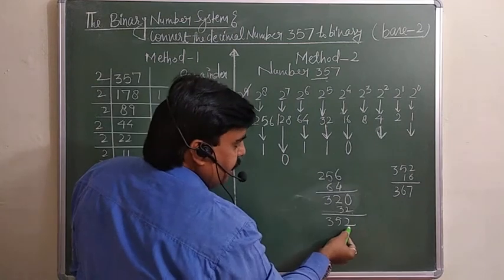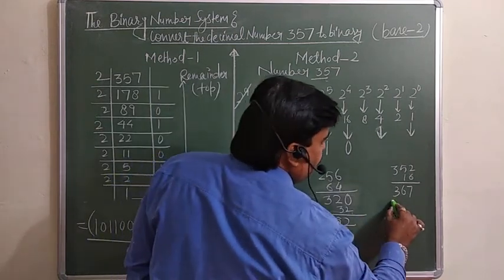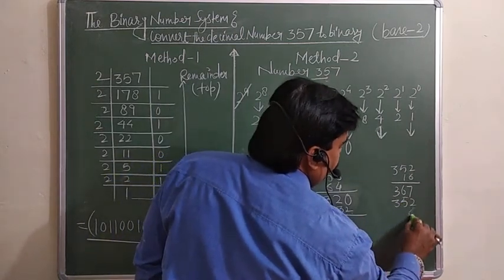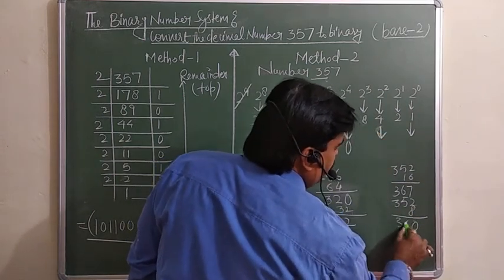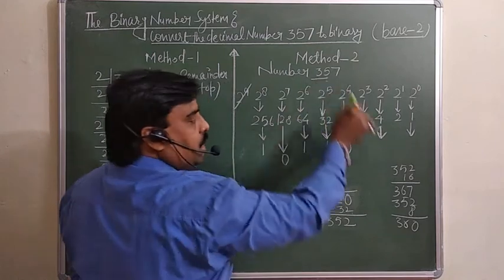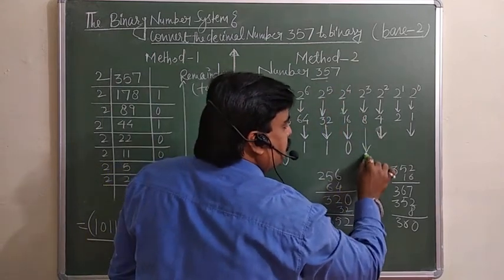If you are going to add 8, suppose you are going to add to 352, you are going to add this number 8. So you will get 360, which is more than this one. It means this number will not be added. So you must give the 0.